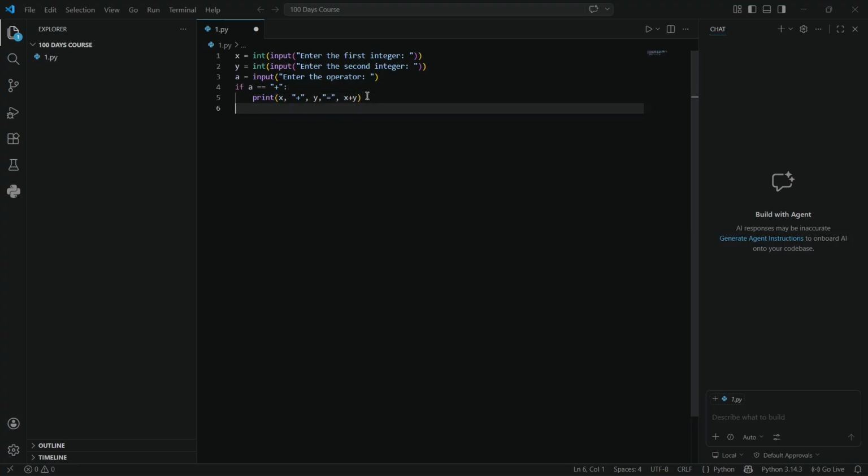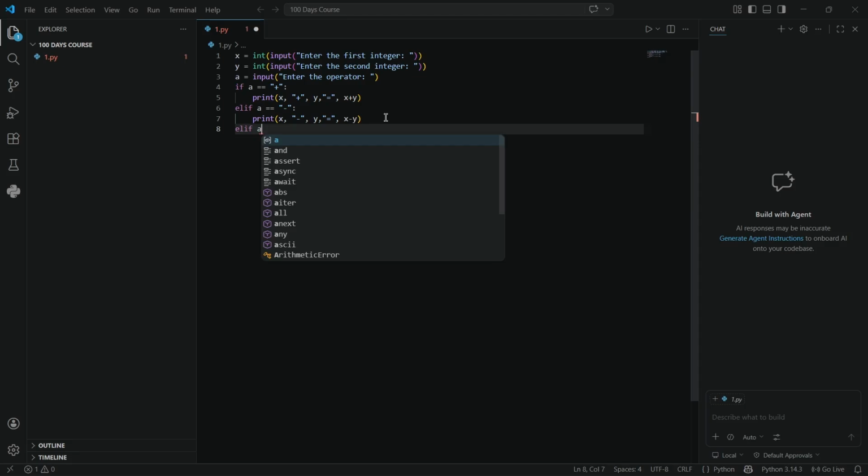Now we can also write elif. Elif is basically else if. So if this first statement isn't correct, then if the second statement is correct, it will execute that. Elif a equals minus. Now to do it, we can just take this and copy paste it, where we need to change very minor things. Now I have to do the same. Elif a equals